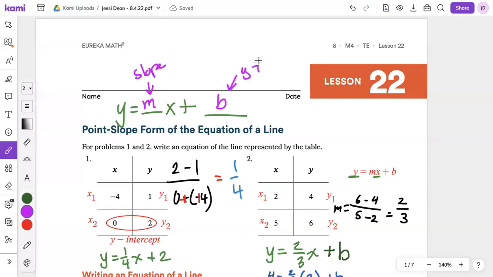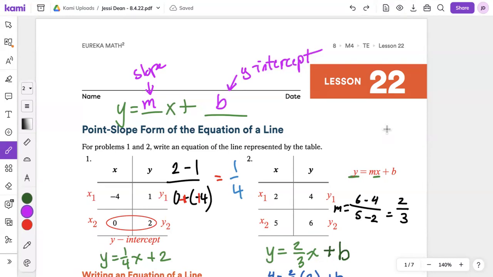is the y-intercept. Point slope form, of course, then means we are going to have a point and the slope of the line in order to make the equation. We're going to start with reviewing what you should already know how to do, which is to write an equation of a line based on information. So I'm just going to go over number 1 and 2 very quickly with you, and then we will move